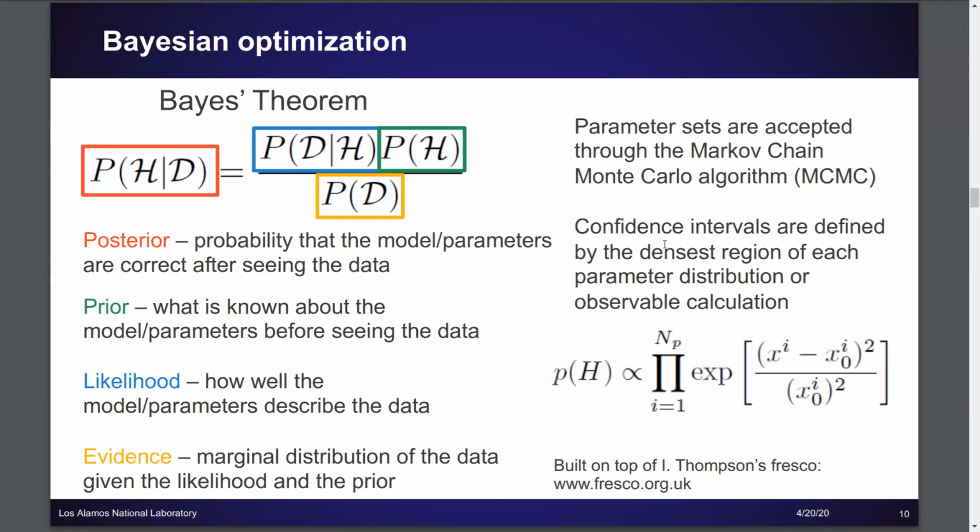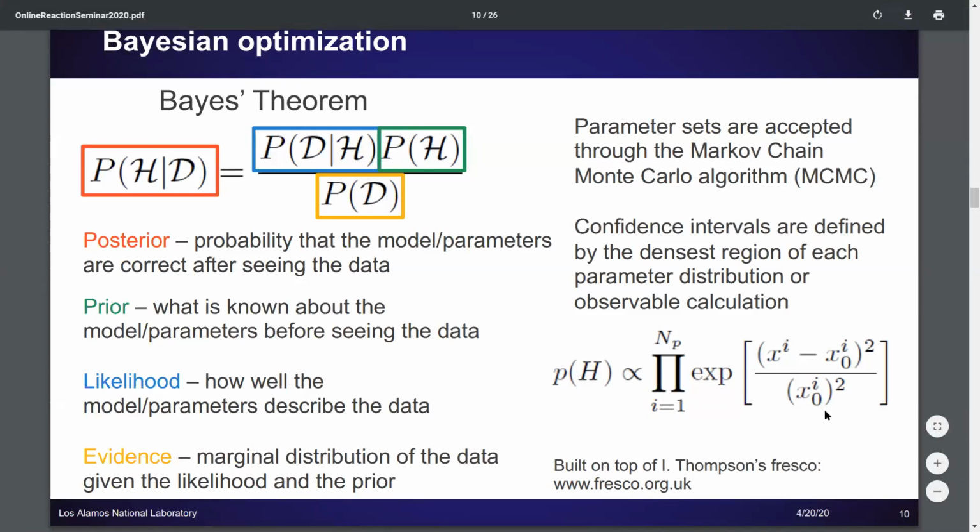Then again, we define confidence intervals, not in the way of the chi-square minimization, where we remove a percentage at the top and a percentage at the bottom. In this case, they're defined by, say, at each angle of our observable, taking the densest region of the observable space. That means they don't necessarily have to be symmetric within all of your model poles. And for the work that I'm going to show today, for our prior distribution, we take independent exponentials across each of our different parameters.